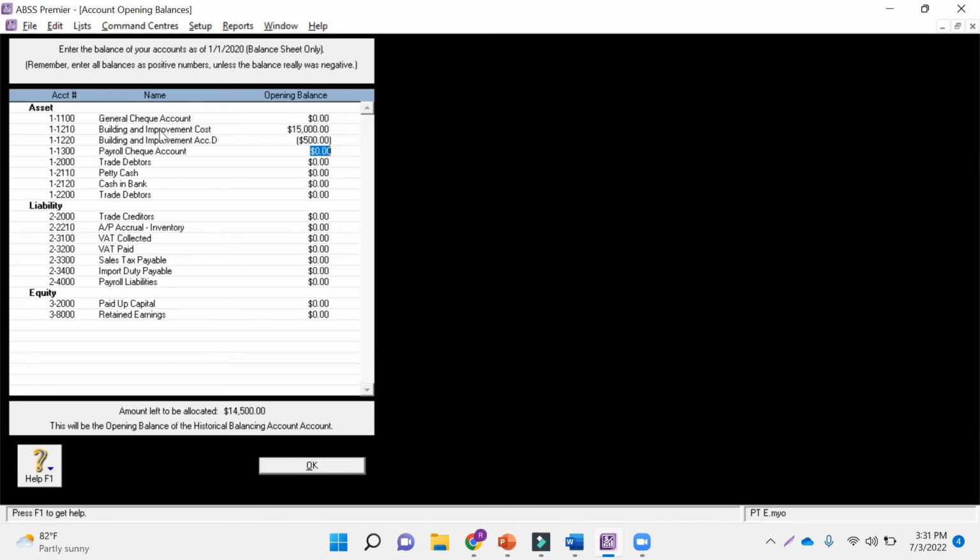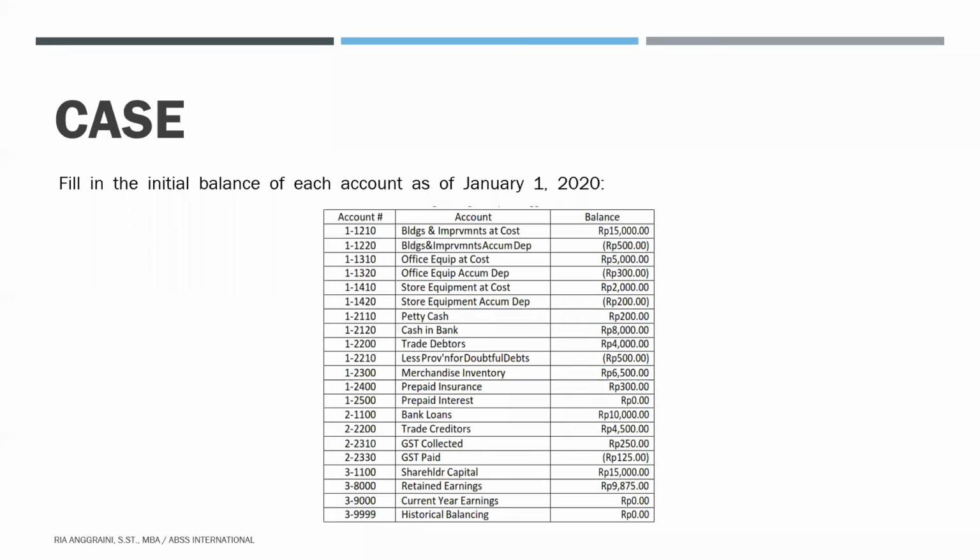For example, the building and improvement cost is the asset of the company, and the accumulated depreciation account is the contra account of this asset. That's why we have to put minus whenever a contra account exists.